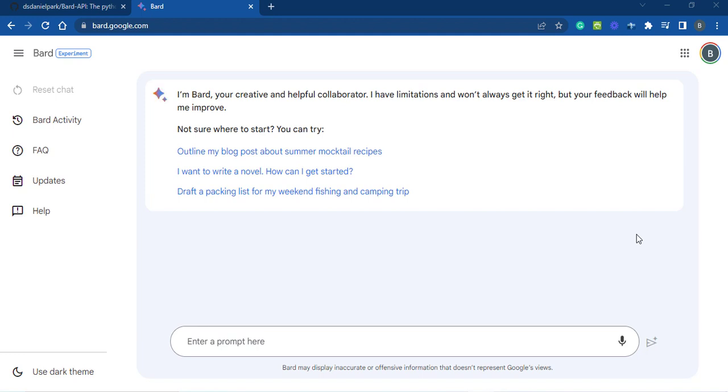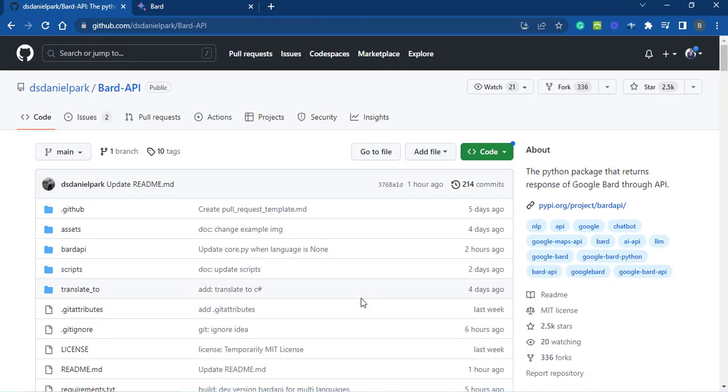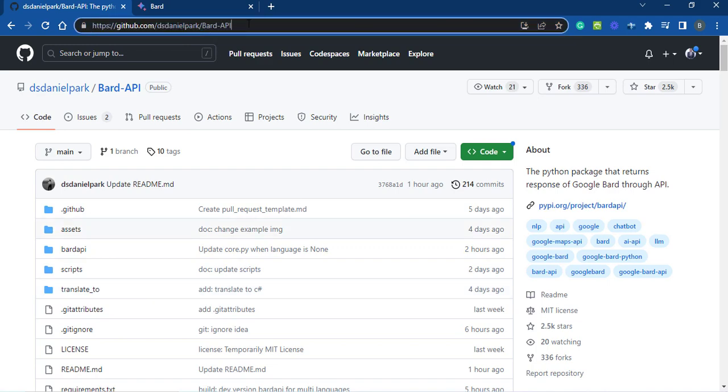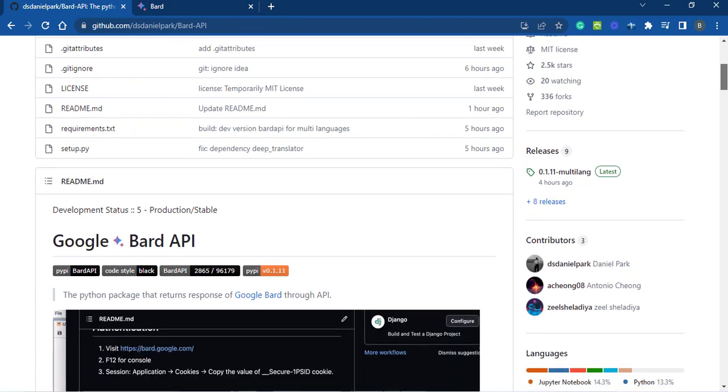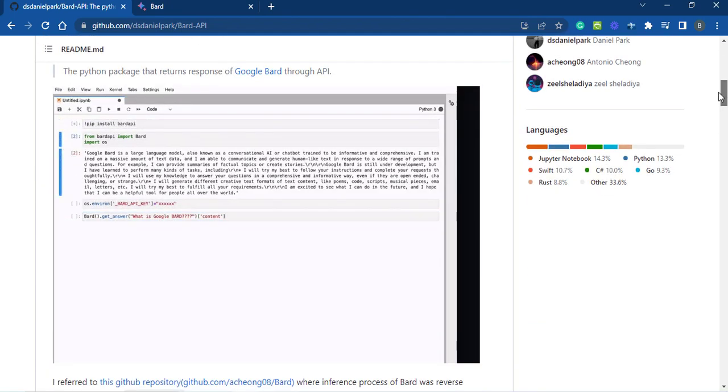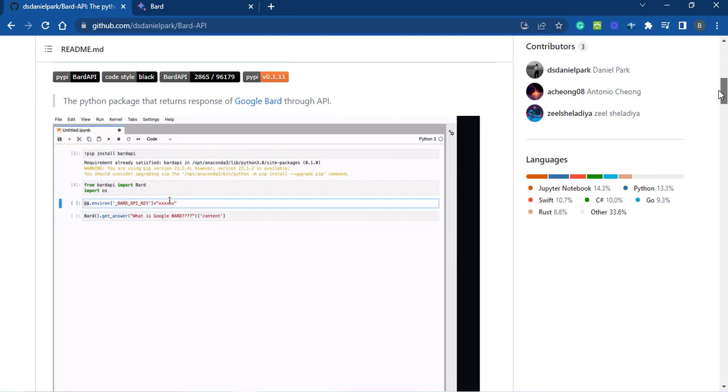using the API. So for the API, we are going to use a Python package which was created by Daniel, which is called BardAPI. Here's the link where you can access it. I'm going to also put the link down the video there so that you can access it. So Daniel created a Python package that will be able to return a response from Google Bard through that API. So it's more like a trick that was done there, but it's very, very helpful, which means that if you